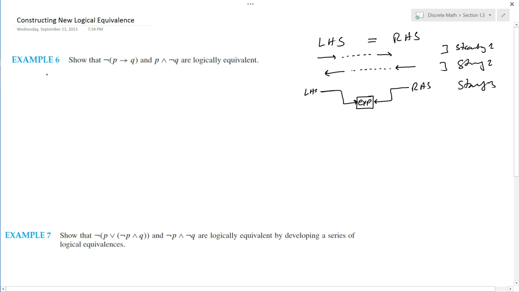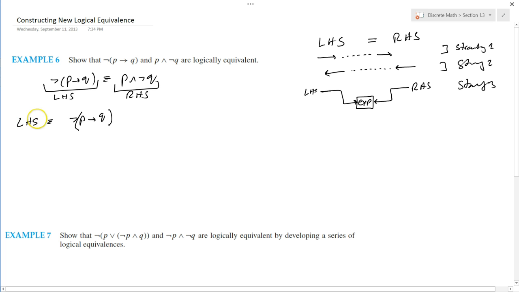Example number 6 says to prove that these two are equivalent. Let me rewrite that. It wants us to prove that not (P implies Q) is logically equivalent to P and not Q. Let's identify this as the left-hand side, and this as the right-hand side. Now we can use one of those strategies. So let's apply strategy number 1 and see if it takes us anywhere. We can say that the left-hand side is basically not (P